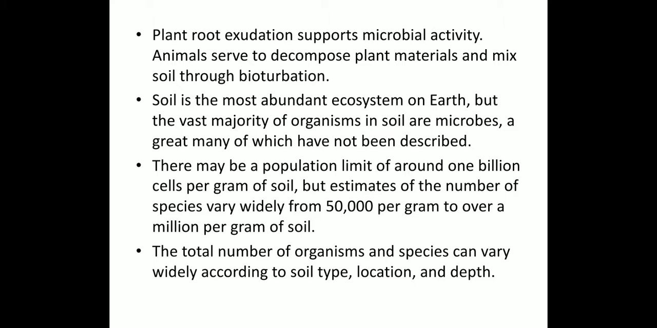Soil is the most abundant ecosystem on the earth, but the vast majority of organisms in soil are microbes, a great many of which have not been described. There may be a population limit of around 1 billion cells per gram of soil,